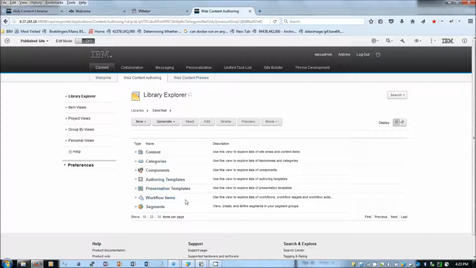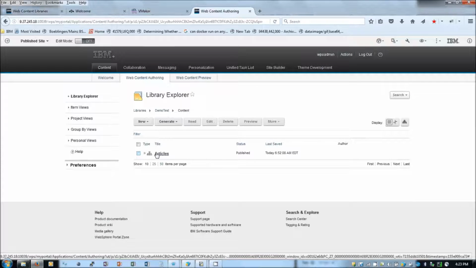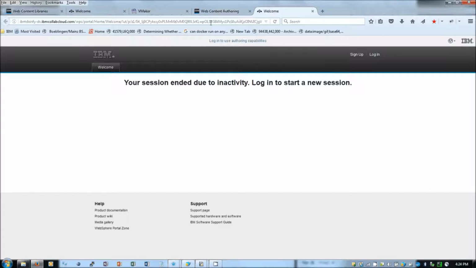A site area is the sitemap for a website. It provides the hierarchical structure for the website. It means the data in WCM is stored as a tree structure. A site area can contain many more site areas and content. A content is a leaf node, so it will not have any children.